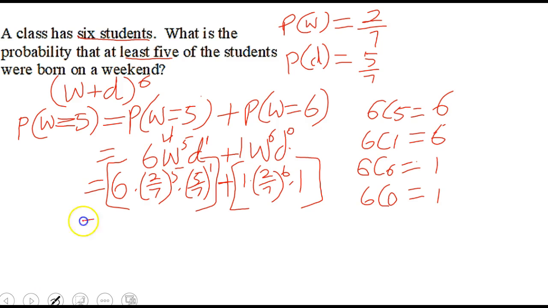So now use your calculator to simplify this. Be careful: if you're doing it individually, you may get big numbers, so do the exponent first. Simplify 2/7 to the power 5, and then 5/7 to the power 1 is itself, 5/7. Then multiply by 6. Simplify the left one first, and then simplify the right one, and then add. Again, do your multiplication before you add. So if you do that, you should get our